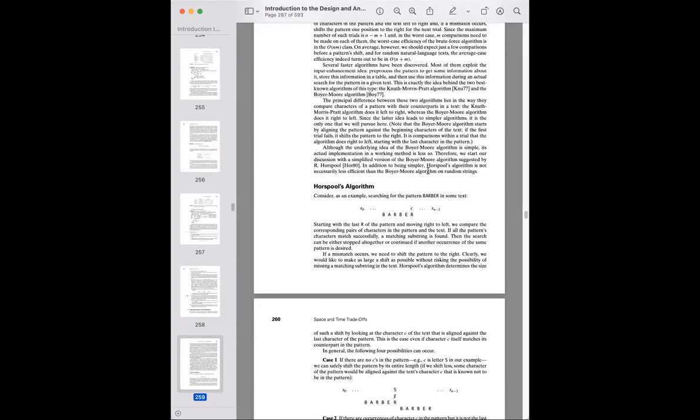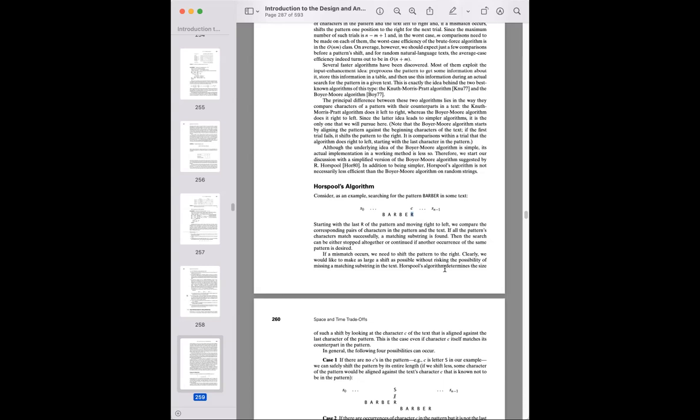If we're searching for the pattern BARBER, okay, we're looking for BARBER in some bigger text. The text is going to go from s0 up to s of n minus 1. Okay, if we start with the last R of the pattern here. Okay, and we're moving left to right. We're going to compare the corresponding pairs of characters in the pattern and the text. Okay, if all of the pattern's characters match successfully, then we're done, right? But if not, okay,